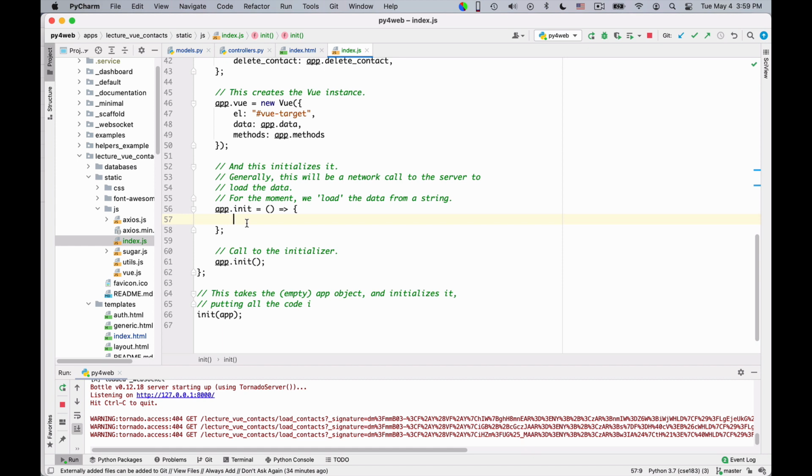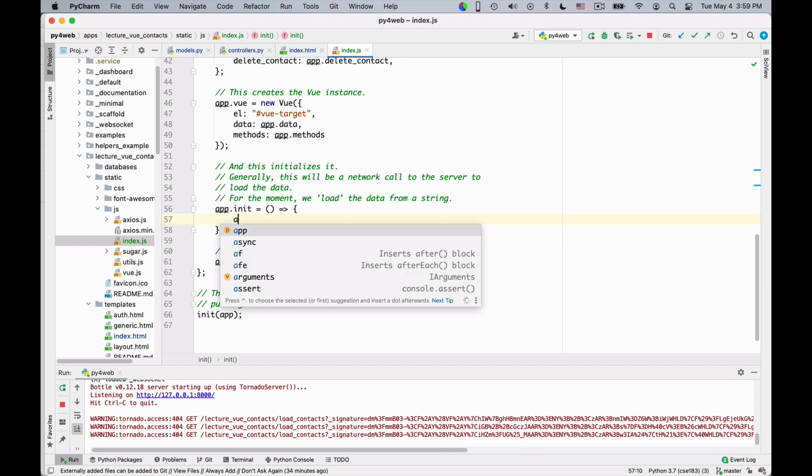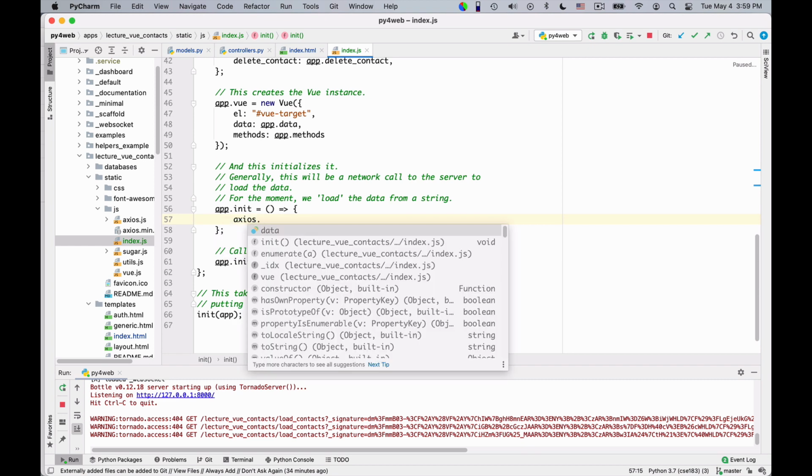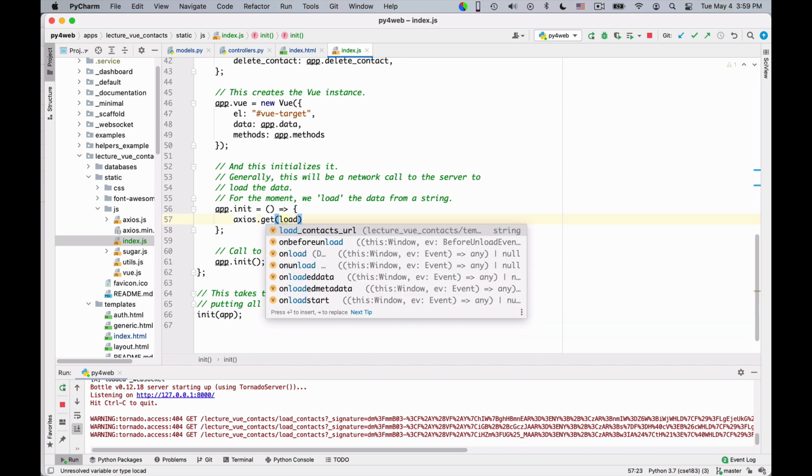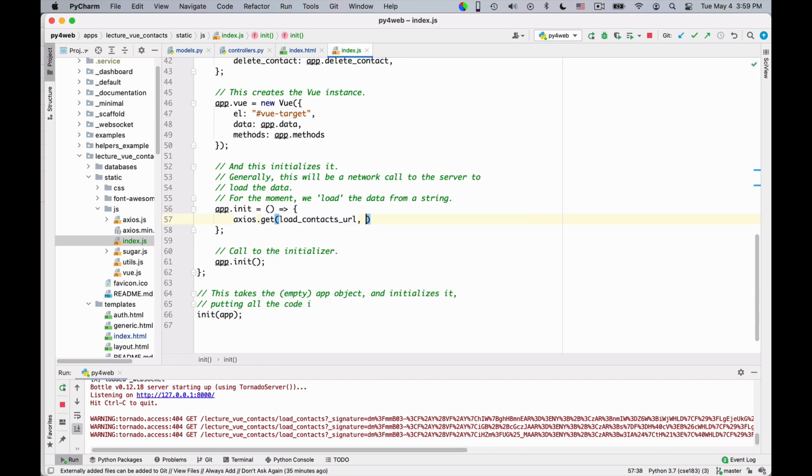Okay, so here we use the Axios library to communicate with the server, and so we do an Axios get, which gets data from a URL. The URL, we called it load contacts URL. Okay, so this is your URL to contact, and we are using promises.